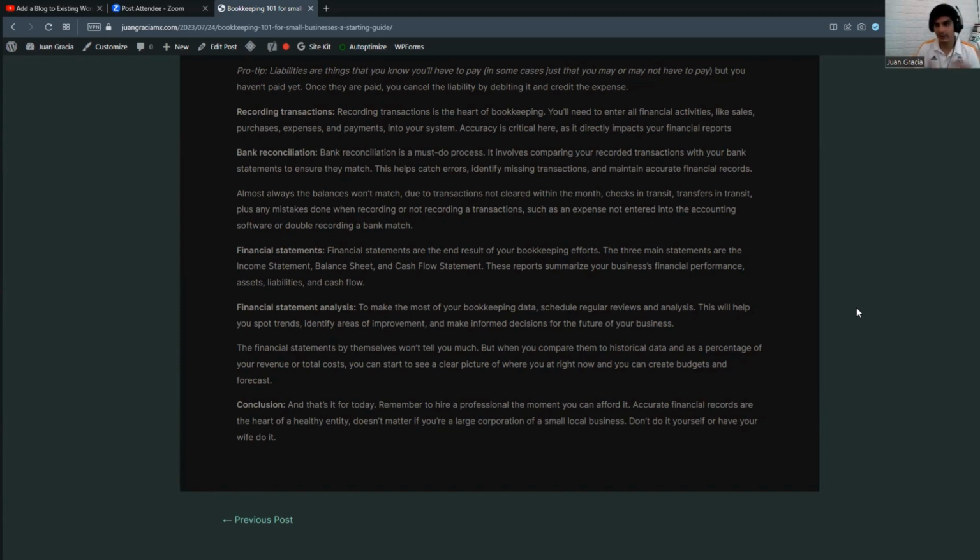You can start to see a clear picture, especially when put all together. With this type of comparisons of historical data and percentage of revenue and cost, you can see a very clear picture, and you can start building more sophisticated stuff like a budget and a forecast that is going to help you make more informed financial decisions, which is the core aspect about bookkeeping and accounting. The conclusion is that